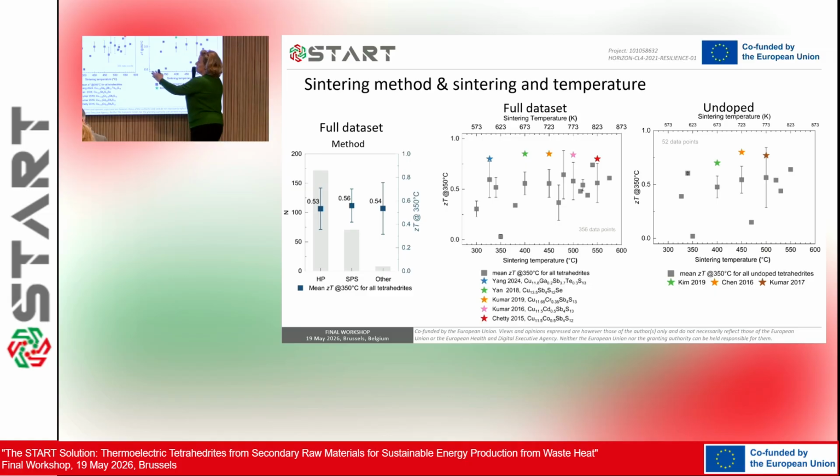Then we thought, okay, maybe this is because it's different compositions. Different compositions need to be sintered at different temperatures. Then we go again to the undoped. We also don't see a very clear relation between sintering temperature and ZT. Of course, here we only have 52 data points. That is the problem. There's not enough